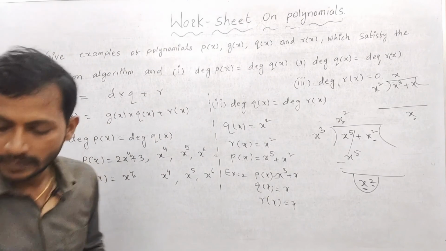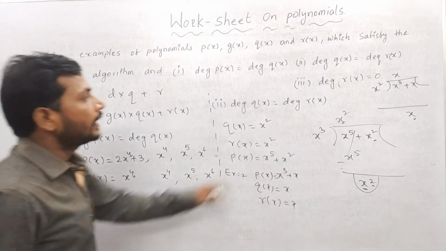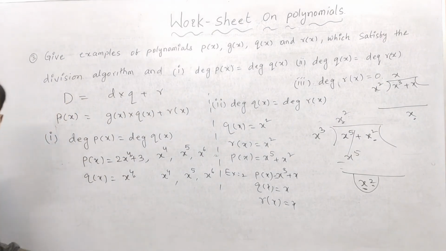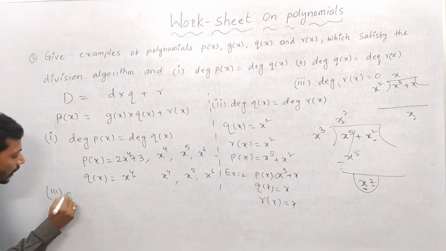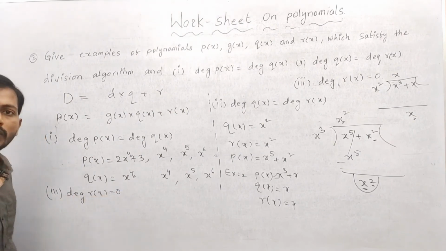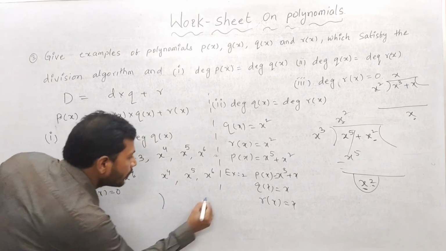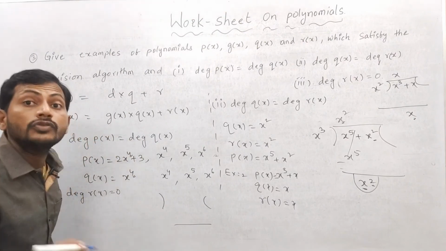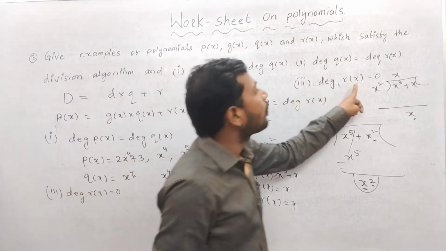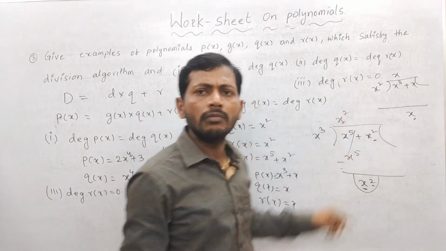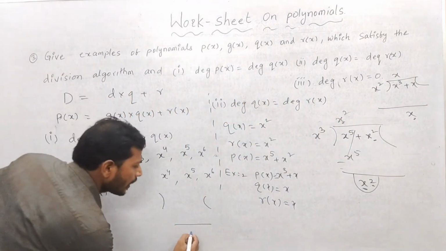And the next one, the third one also we have to do: degree of r of x equal to 0. Degree of r of x equal to 0 means that it should be a constant term. Third one I am doing here, children. How can we do it? You have to divide any polynomial with another polynomial, but you require the remainder to be how much? 0 degree. It means the remainder is not 0. The degree of the polynomial means you should get a constant term. Any term you can write here. Simply I am writing 2.